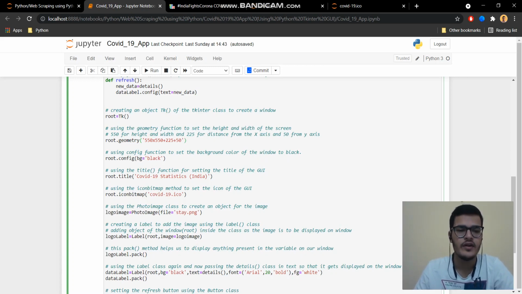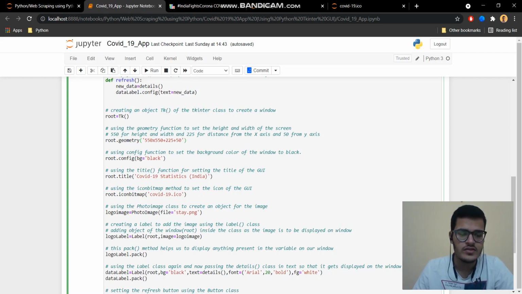After that, for giving the title of the window, we will be using the title function, and we will give the title of the window as COVID-19 Statistics India. After we have given the title of the dialog box, if we need to display an icon ahead of the title, we will be using an inbuilt function of the Tkinter module named iconbitmap.